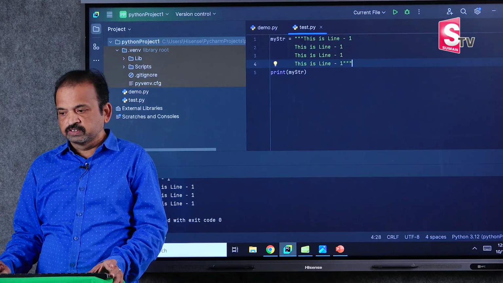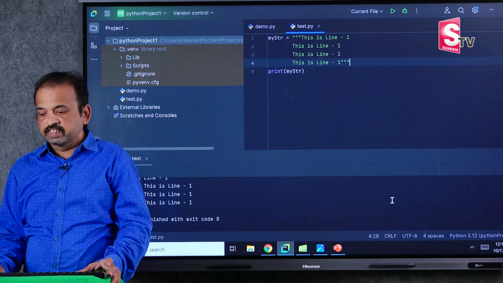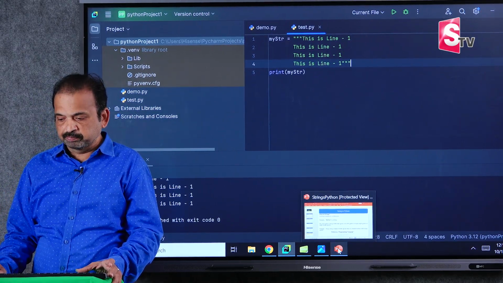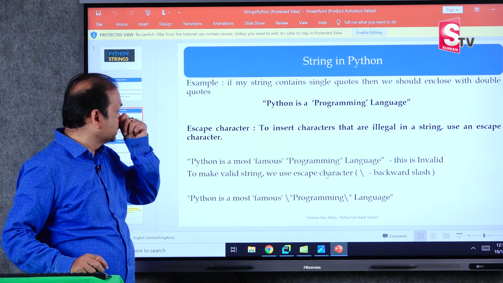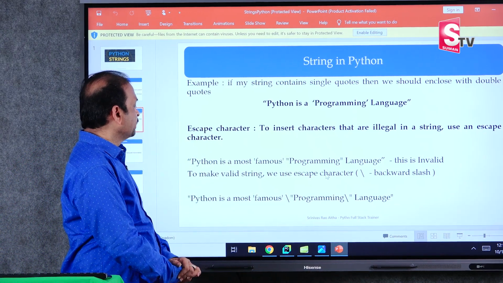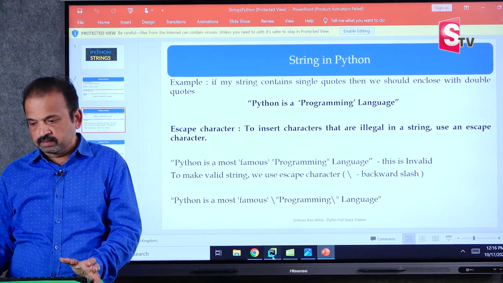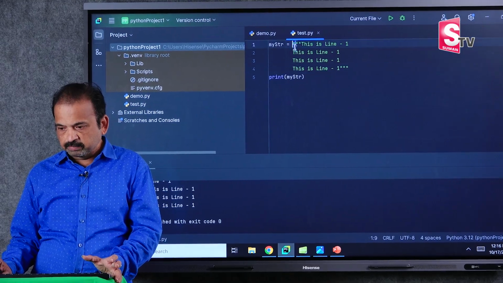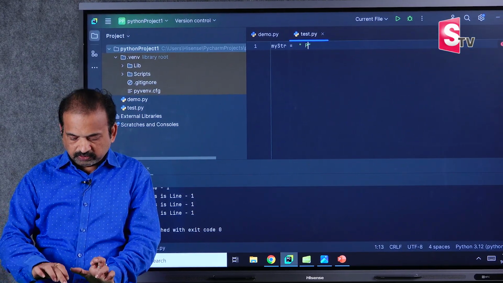Triple double quotes. So this also works. Now there is one concept called escape characters. Suppose to insert characters that are illegal in a string, we can use escape characters. So for example, I will create one variable, same variable, but this time I will type here, for example, Python is